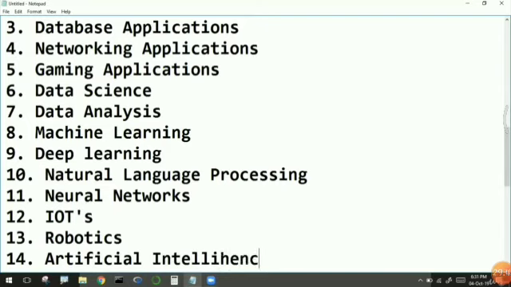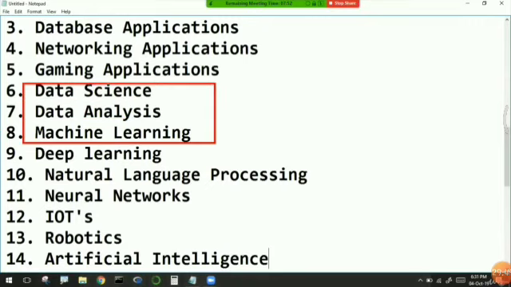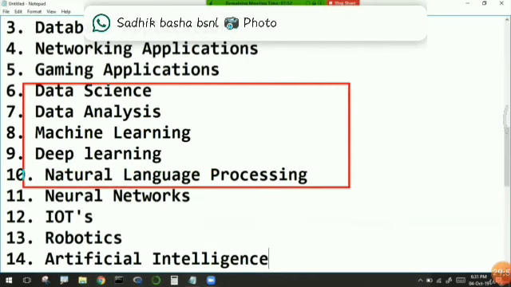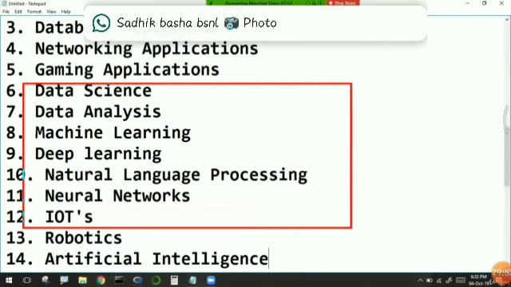So for the sake of data science, analysis, machine learning, deep learning, natural language processing, neural networks, IoT, robotics, and artificial intelligence,